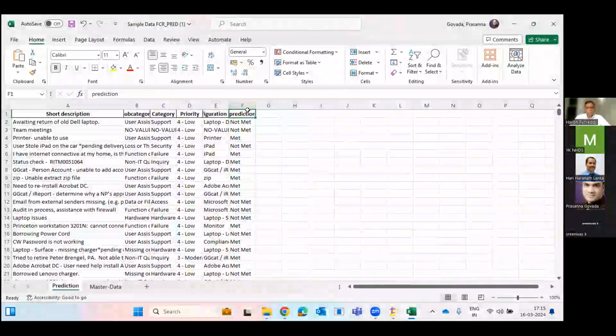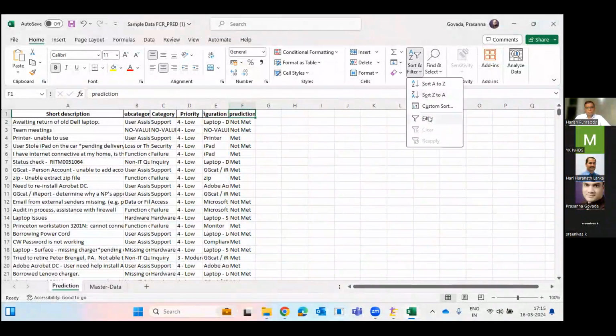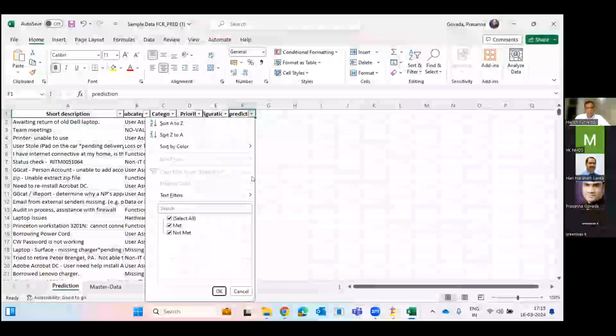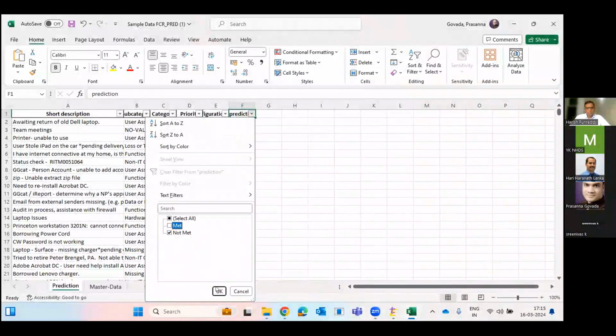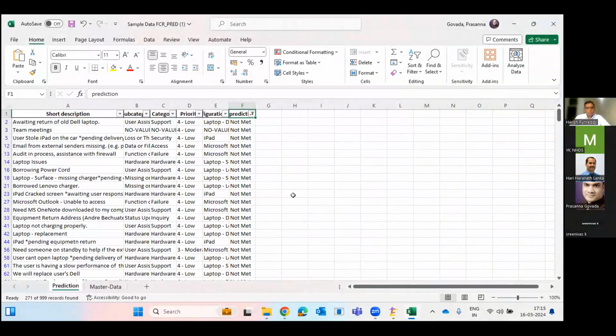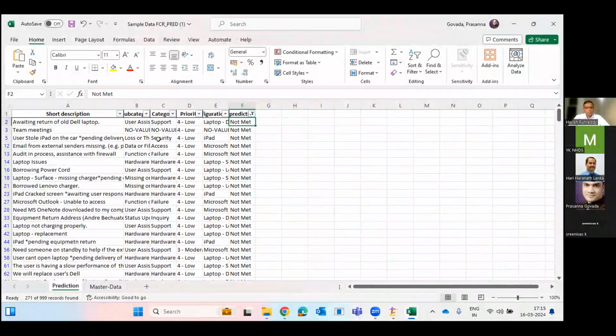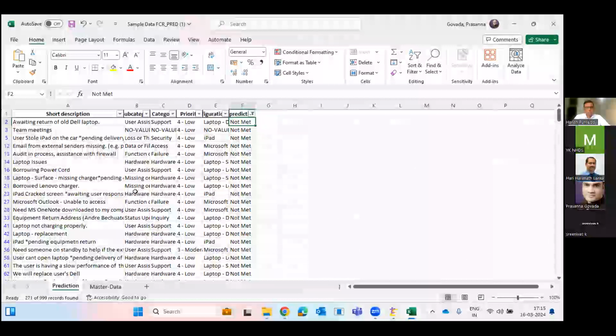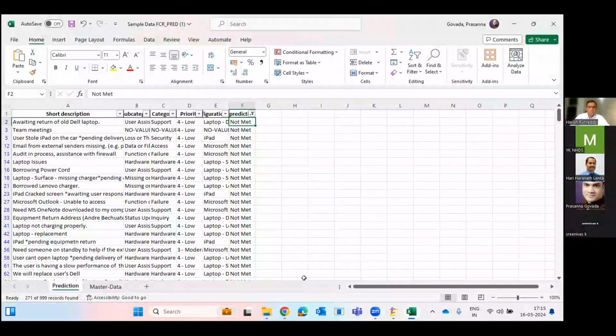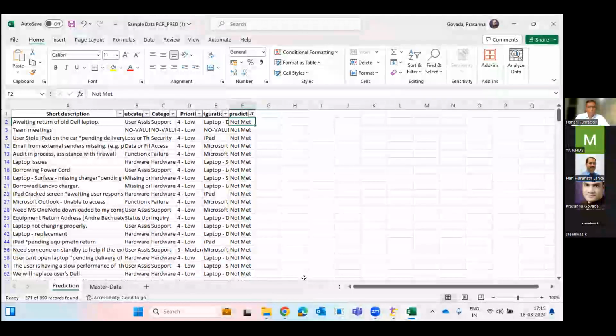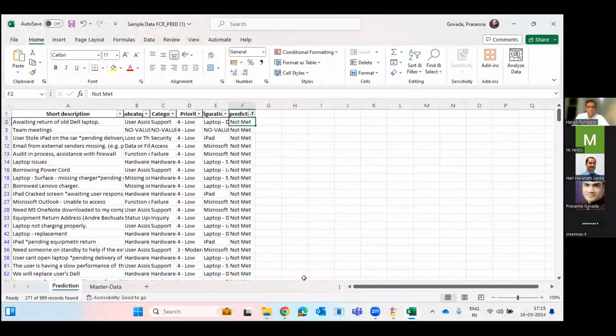So what I will do here is, as a project manager, I would go to the not mets, say, for example, on any given day, and I would see, hey, these many not mets have come. So I would prioritize these incidents. I would rather give it to people who are more subject matter experts in resolving these incidents. Or it might be these incidents don't belong to my queue at all.